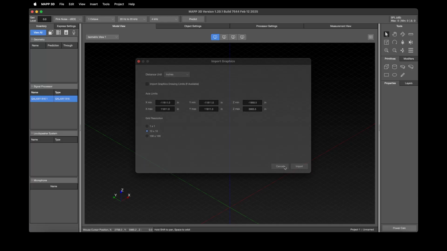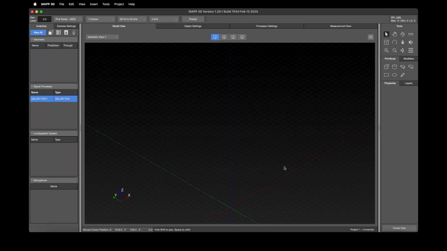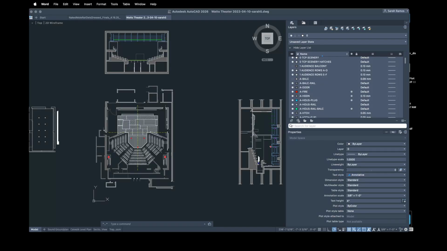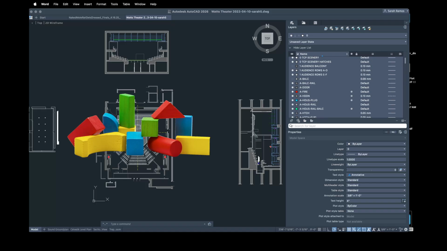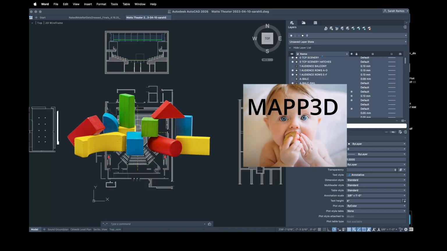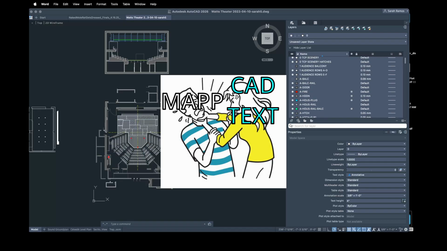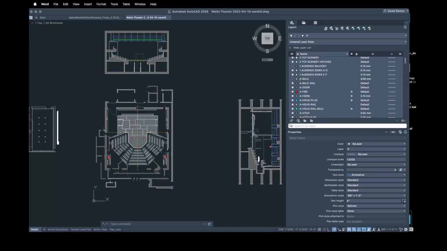All right, so let's cancel that, and we'll jump back to AutoCAD. So let's pretend MAPP3D crashed. I mean, at least it wasn't working, and I'll tell you why. There are certain types of lines and objects that AutoCAD can produce and read that are incompatible with MAPP3D, such as blocks. If there are blocks in the drawing, MAP will choke. If there is text, MAP will choke. There's drawing cleanup that needs to happen within AutoCAD to ensure that MAPP3D doesn't crash because you left a hatch